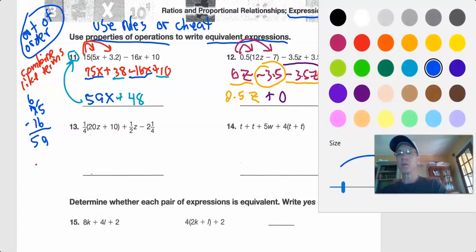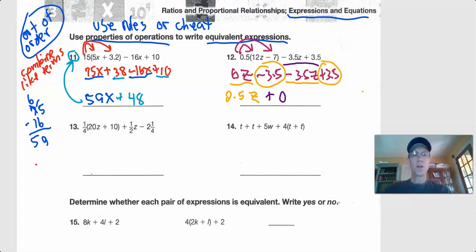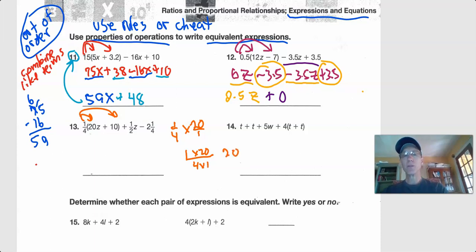Let's pick something else, kind of an orange. All right, we have 1/4 times 20 and then 1/4 times 10. Okay, so I'm going to do 1/4 times 20. The easiest way to do that is to say, well, you could do it over 1, but it's really just 1 times 20 over 4 times 1, which is the same as 20 over 4,